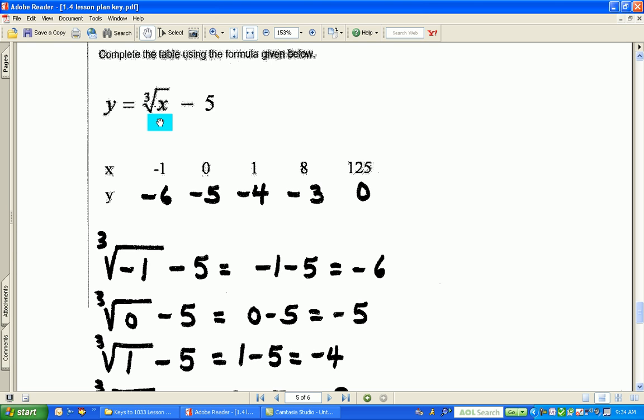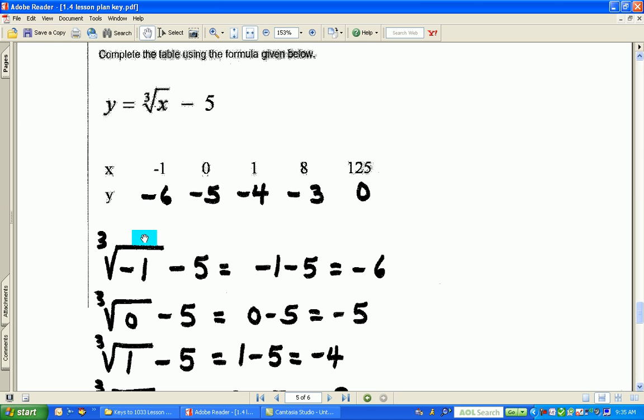The cube root of x is to be done first. Then the minus 5 happens after you've taken the cube root of x. In other words, the minus 5 does not have anything to do with what's under the radical. Notice it's away from the radical, it's not under the radical. So, when I take the number -1 and I'm